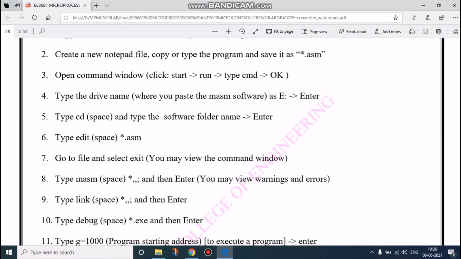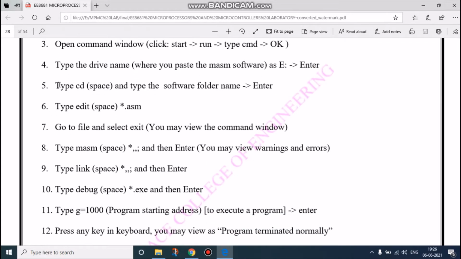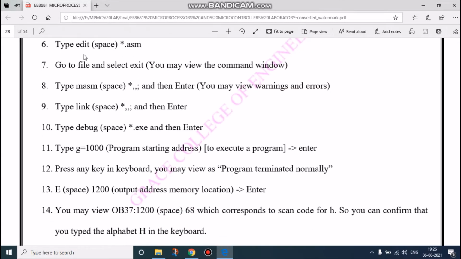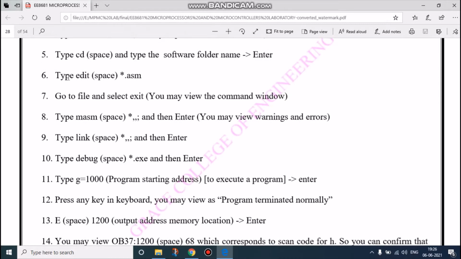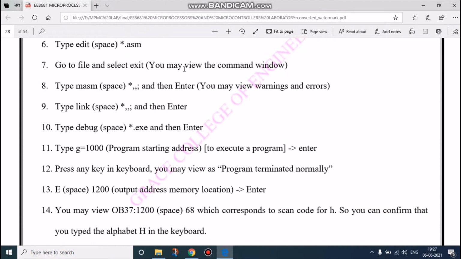Then type the drive name where we have saved the software, and type cd, that is the command, followed by a space, and the software folder name, that is E. Then we have to type edit and the file name that we have given, and go to the File menu and select Exit.